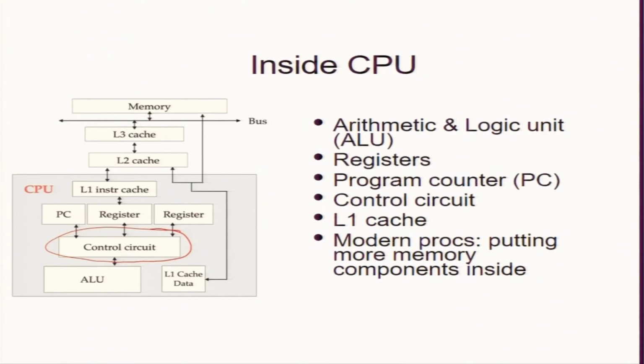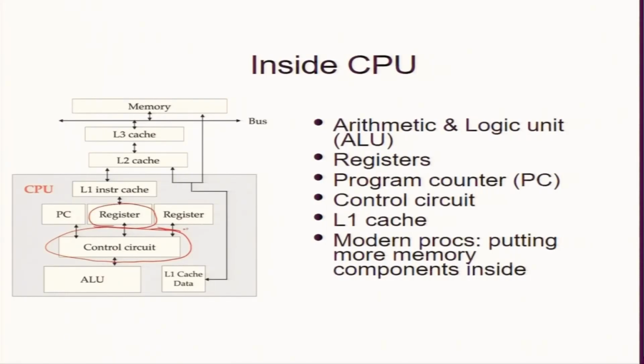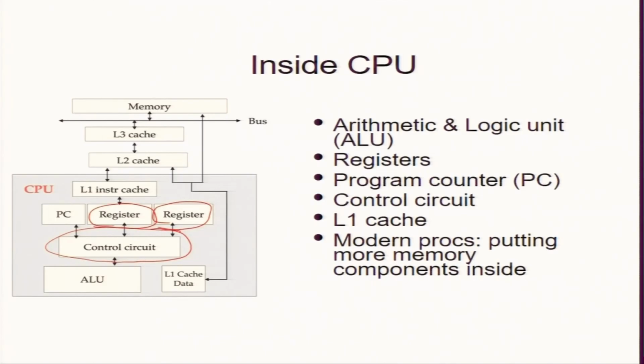Then there are registers. I want to operate on numbers, but I need the data to be sitting inside, like a plus b. In my notebook I write a and b, then add. So the registers contain those numbers. I show only 2 registers, but typically there will be 64 registers, so you can put 64 numbers in a given shot. It turns out you can add 32 plus 32 numbers in a given shot. So there are more registers inside a CPU.